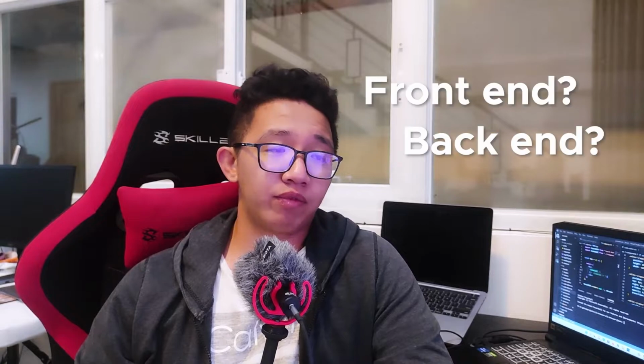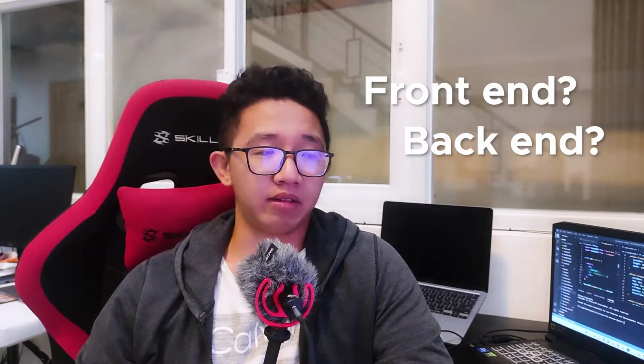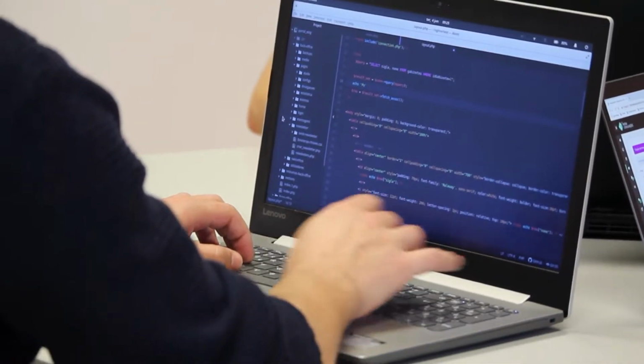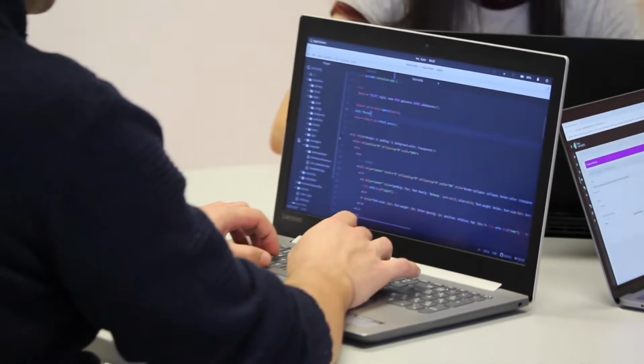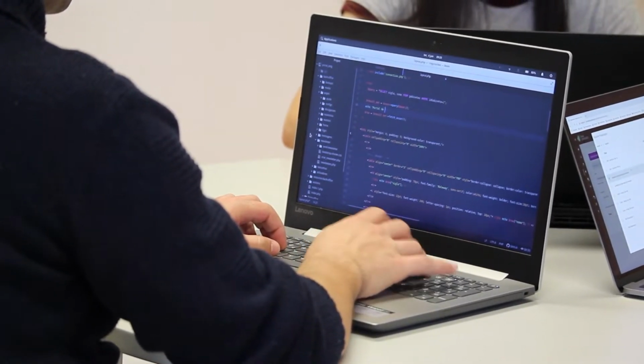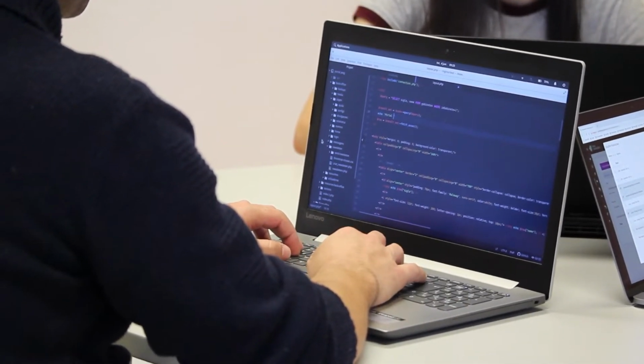Let's talk about it. First, what should you learn? Front end or the back end? Everybody is different, but here are some guidelines that help me decide. If you believe you are the type of person who likes to see directly the effect of your code, then you should go for front end. You want a red square on your screen, then type this in, then boom, you have a red square on your screen. If you usually like to imagine what you want to see on your screen, then you try to code that, and that type of coding makes you feel good and satisfied, then definitely go front end.